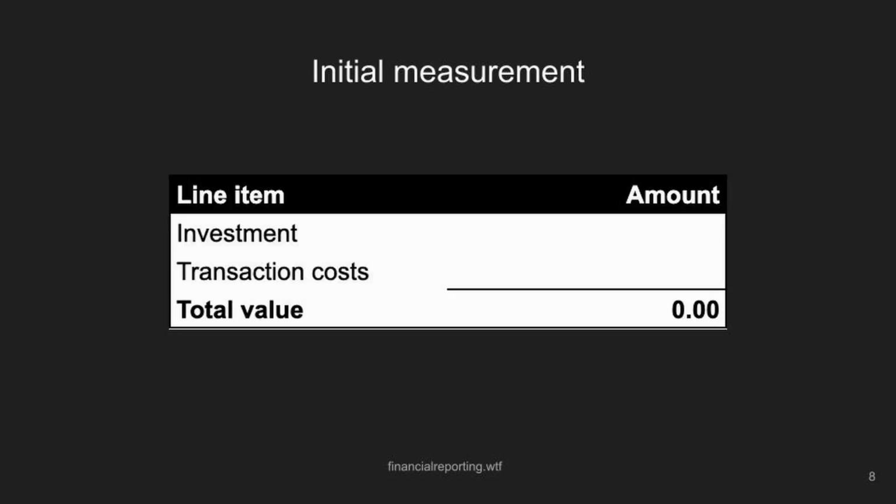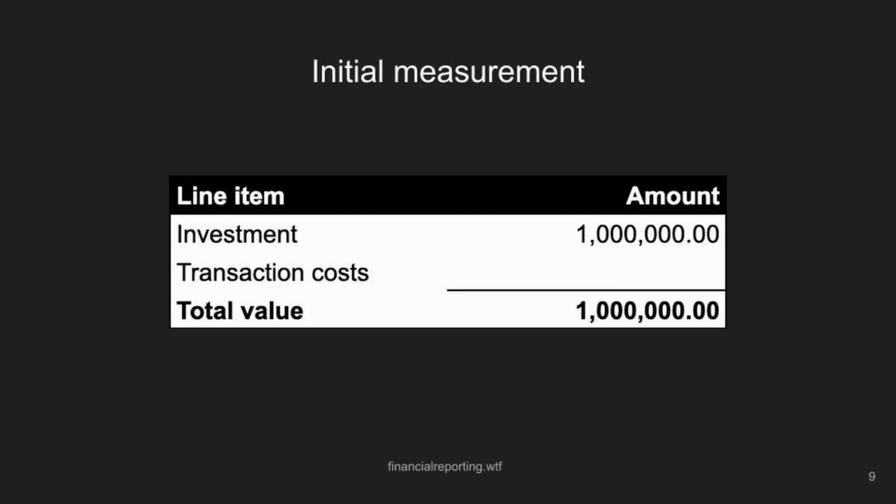The most important thing to note is that this asset has been designated as being valued at amortized cost. This means we need to consider the transaction costs in addition to the cost of the asset for what should be recognized on the balance sheet. We note that the entity spent $1 million for the asset itself, which means we must recognize $1 million attributable to the asset on the balance sheet as this is what has been invested. In addition to this, $20,000 in transaction costs have been incurred, which we can simply add to the amount recognized on the balance sheet in line with accounting at amortized costs. This gives us a total value of the financial asset on the balance sheet of